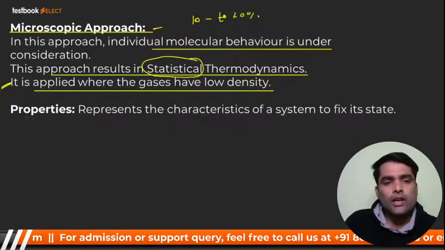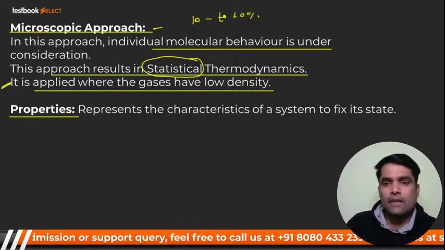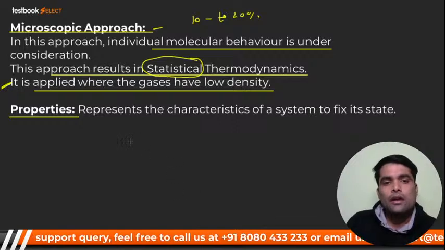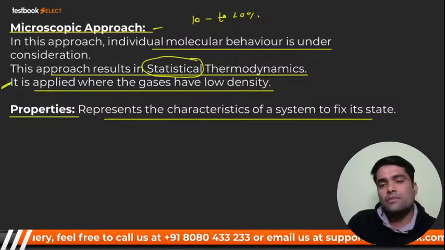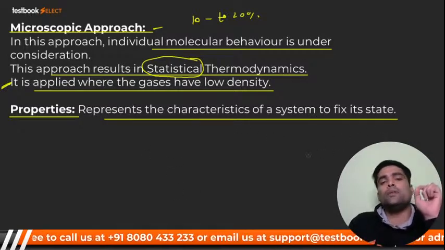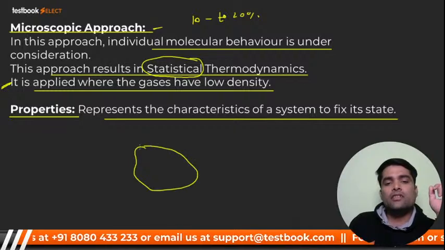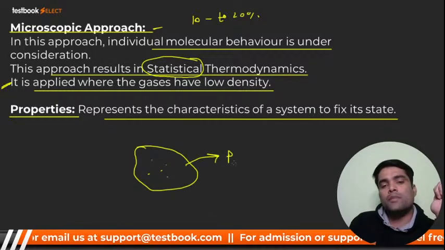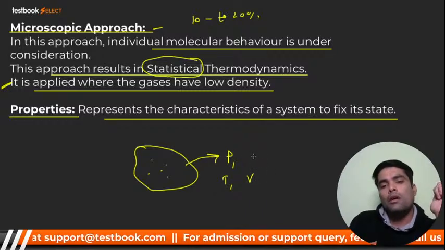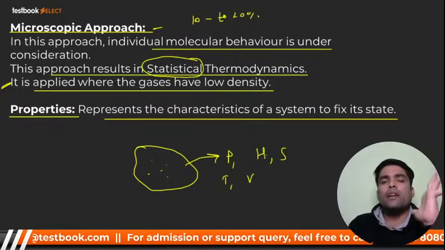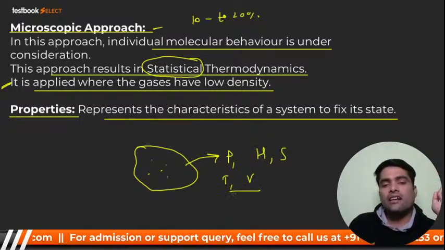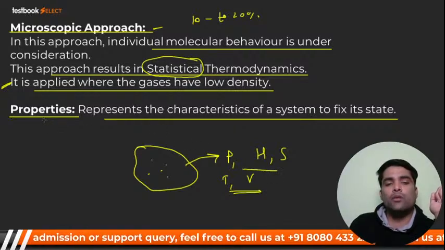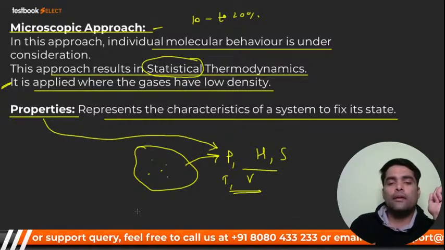My dear, properties, what are properties now? Okay, anybody have any doubts, please let me know बच्चा पार्टी, okay? So properties represent the characteristics of a system to fix its state. अगर कोई भी सिस्टम है, suppose this is a system, so my dear अगर आपको इसका स्टेट फिक्स करना है, then you have to tell me about its pressure, temperature, volume, enthalpy, entropy, and so many properties. So these are nothing but the characteristics, and these characteristics are nothing but properties. Okay,